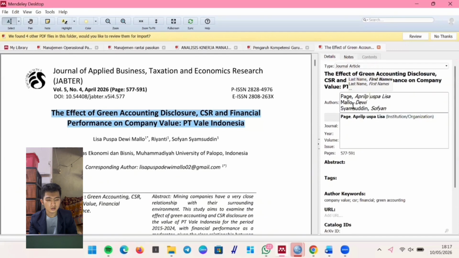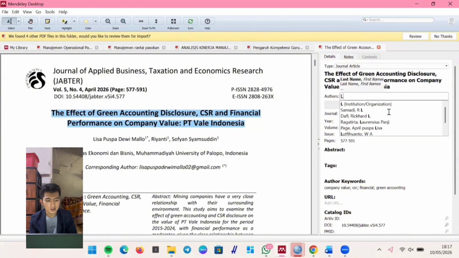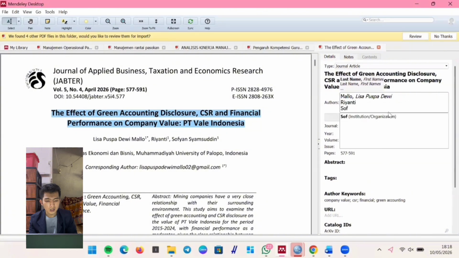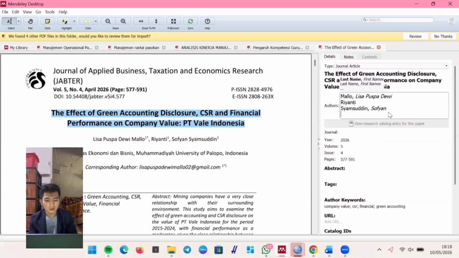Now let's check the details in the right hand panel. Even though we added it automatically via Add Files, we still need to verify the data carefully. Type, make sure journal article is selected, title and author. Double check the journal name.